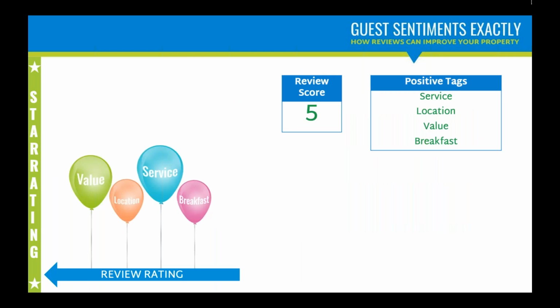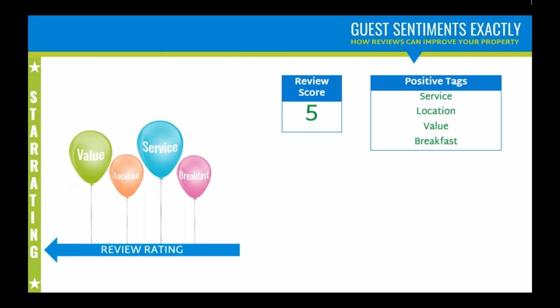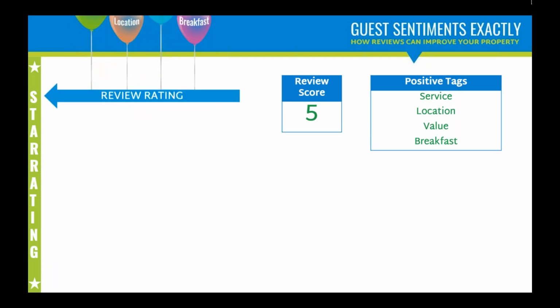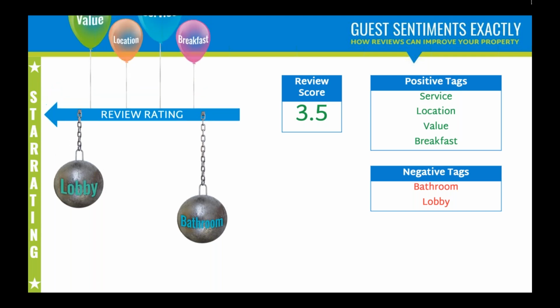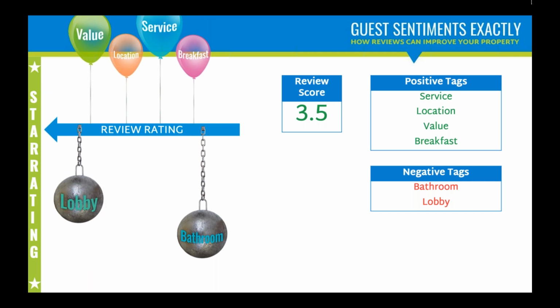So as we take a look at this animation, we see that there was clearly enough positive sentiment to make this a perfect 5-star stay and experience. The traveler thought the service was top-notch. They really enjoyed the convenient location of the property, thought the breakfast was delicious, and felt the overall experience was a really good value. But when we attach the negative sentiments or weights to this review rating and score, we see the overall score get pulled down to a 3.5. So again, as I stated at the beginning, fix the content, we fix the score.